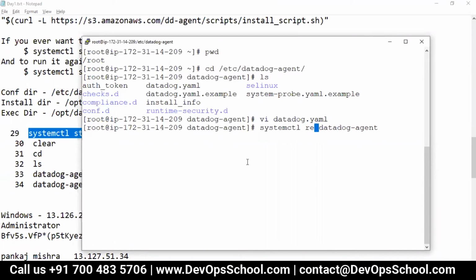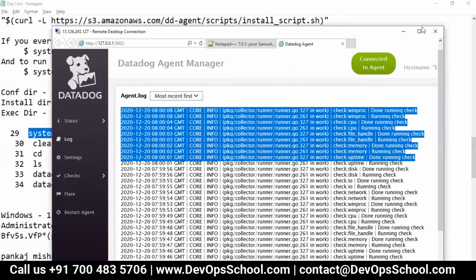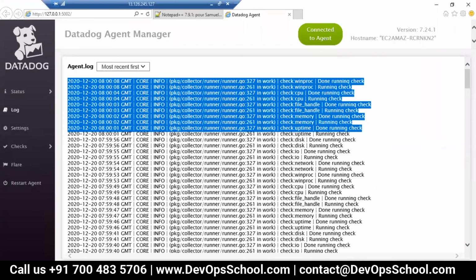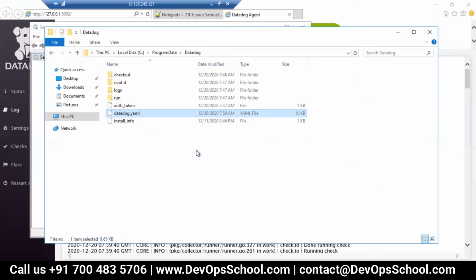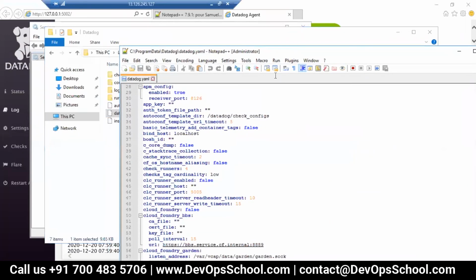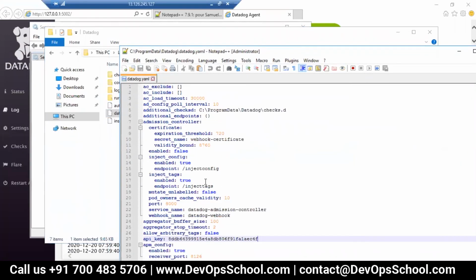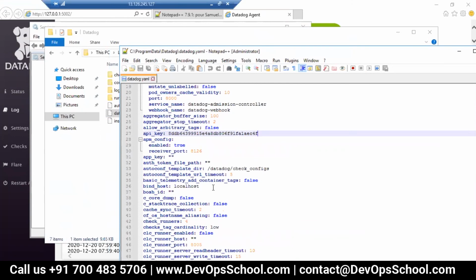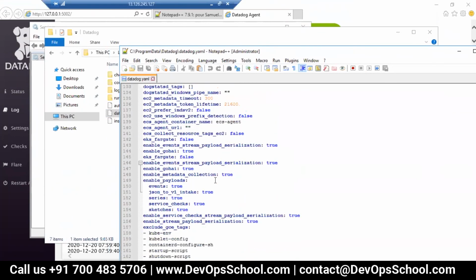So restart the agent. Now guys, something similar I will do in Windows also. So after that, I'll go to this location and open this file. Here I will locate the process monitoring section.